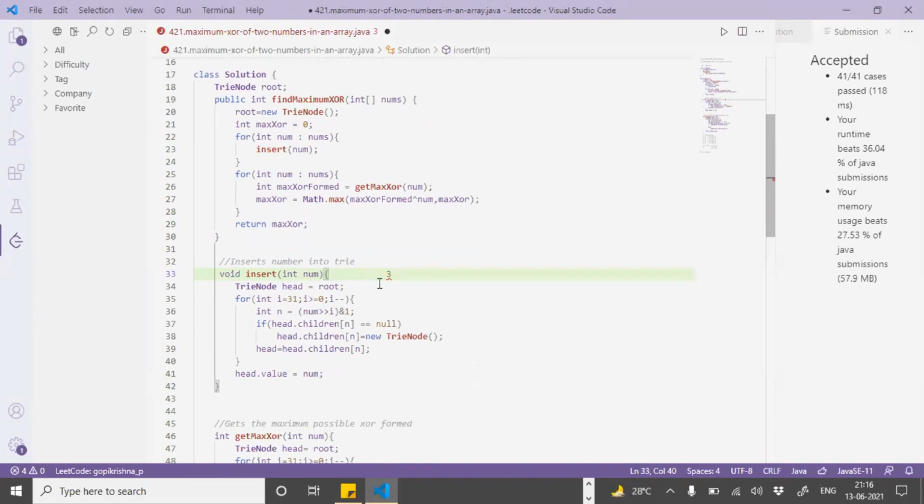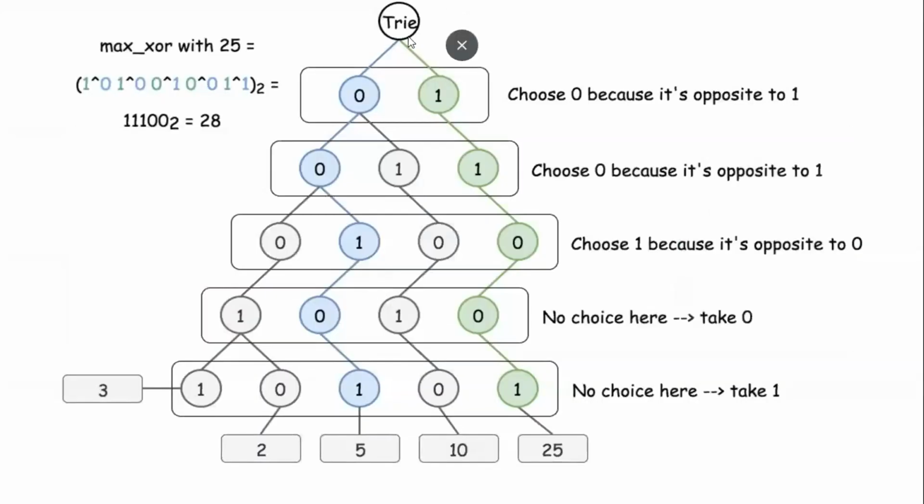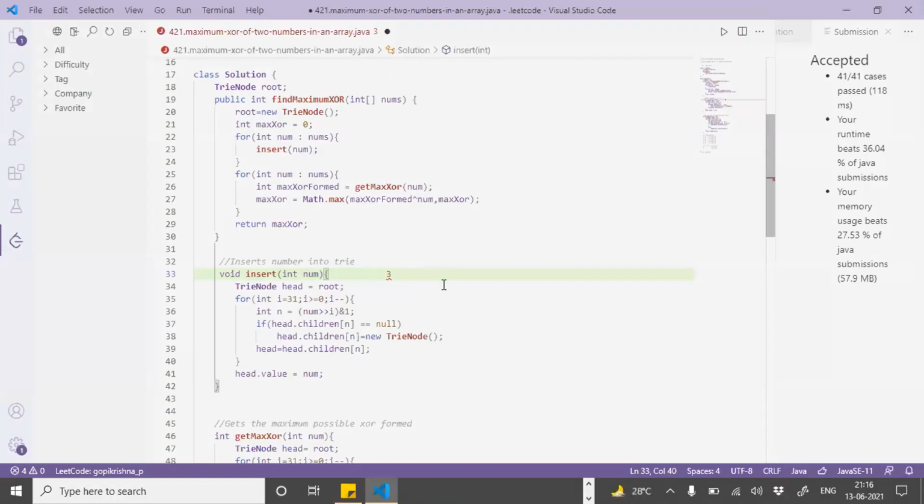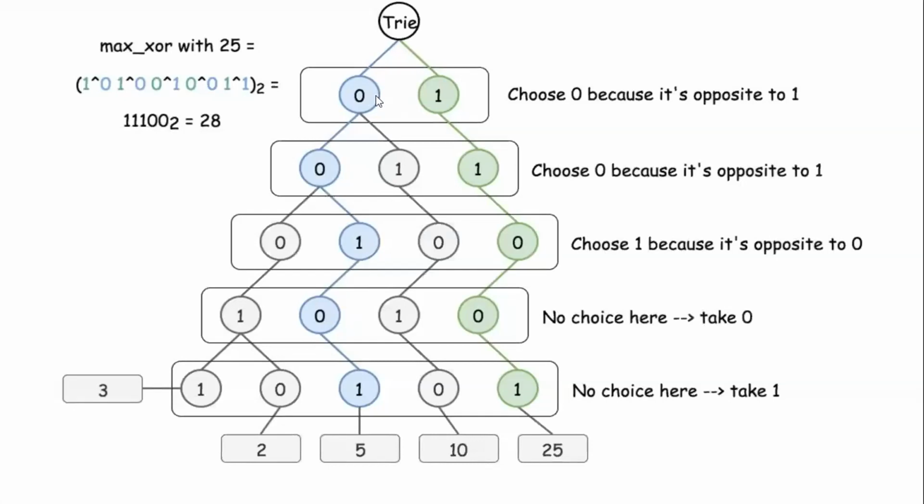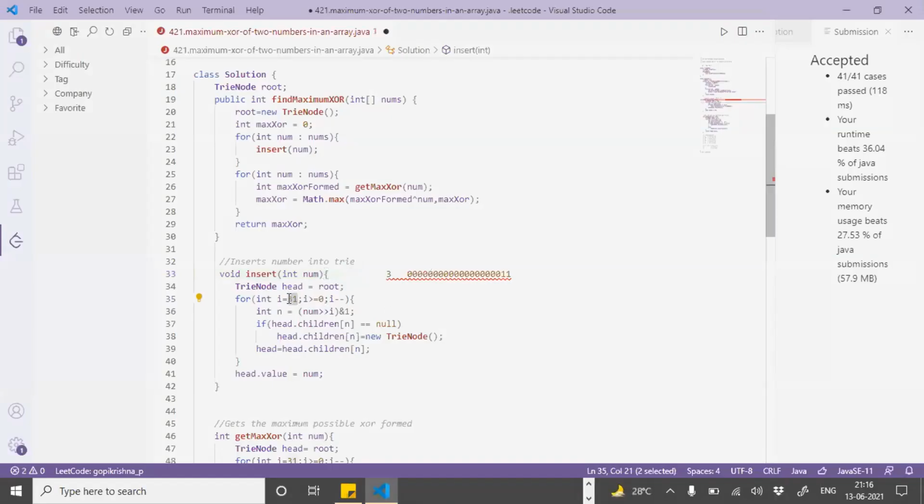Initially we'll come to this trie root part. In binary representation, we consider all the 32 bits, and we come from 31, because the first level will be the most significant bit, and we start with 31 and it goes till 0.